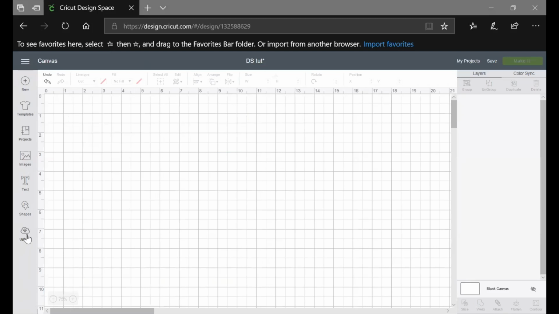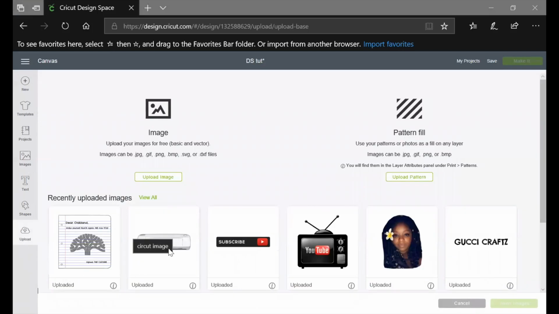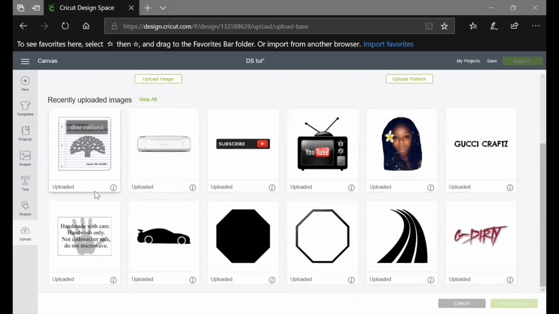Another section here is going to be, and you notice that when I got rid of that circle, my make it button went away because I have nothing on my canvas to make. This button here is upload, okay? So in this section, you can upload an image or you can upload a pattern. Here are all of my uploaded images. So when it says recently uploaded images, it's only going to give me the last 12 images that I uploaded. But if I press view all,